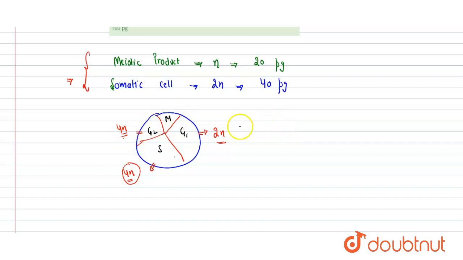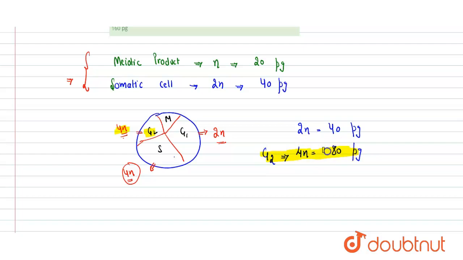In the question they have asked about the G2 phase. At G2 phase it is 4N. If 2N is 40 picogram, 4N will definitely be multiplied by 2, so we can say that it will be 80 picogram. That will correspond to the G2 phase, because only in the G2 phase it has the tetraploid content of